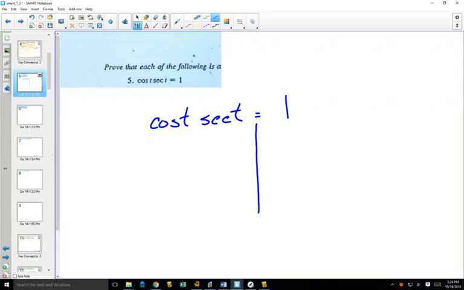And often you won't be able to see how to solve the whole question. You just start with something that you know. So you look on both of these sides and say, is there something that I can change? Can I use one of my reciprocal identities? Well, let's go with just changing one of these. What could I change? I could change secant to 1 over cosine, right? So if I do that,